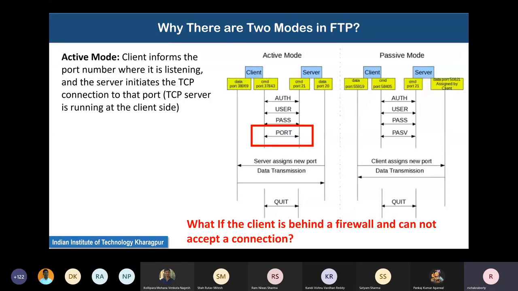And what is the passive mode? An arrow has not been shown here, but what basically happens is that when the passive command happens, and if the server willingly accepts the passive mode of working for the client, the server might not accept it. But if it does accept the passive mode of access,